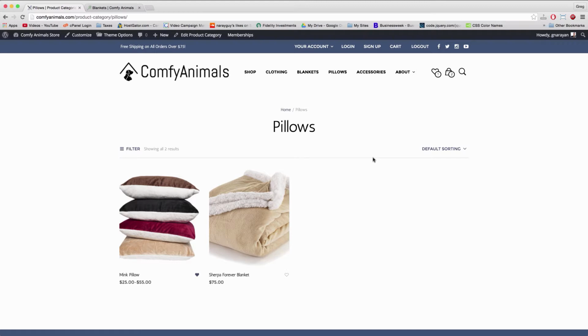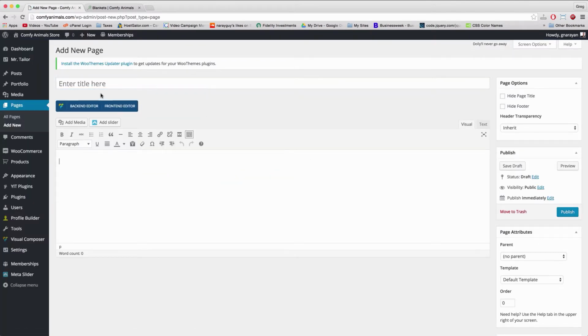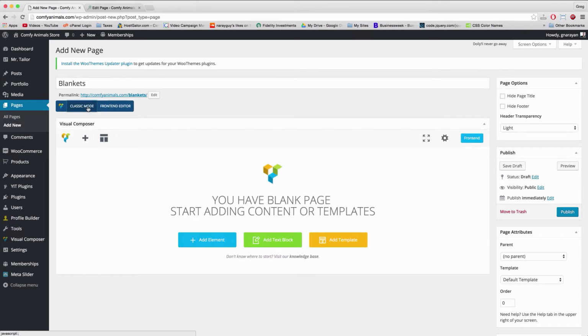Alright, so for starters, because these two pages have product category in them, we can actually create new pages for blankets and pillows that just don't have product category in them, and they'll be completely different pages. So let's go to new page, and let's just title this one blankets and go from there. Now let's set this header transparency to light and leave everything else in the sidebar unchanged. Remember, we're going very customized here, and let's just click backend editor,